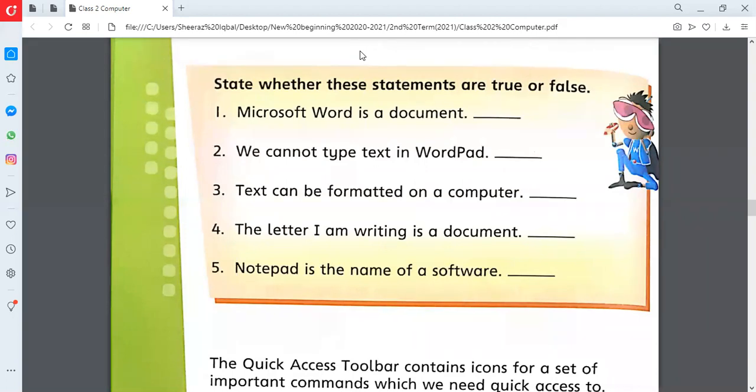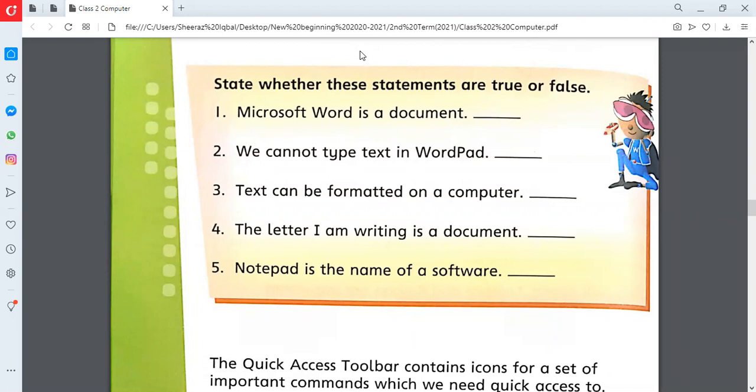Microsoft Word is a software. It's not a document. This software makes documents. So the statement "Microsoft Word is a document" is false. Why is it false? Because Microsoft Word, or MS Word, makes a document. It is itself not a document.